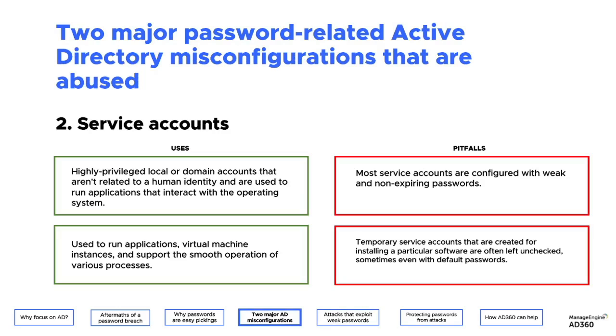They have weak passwords, they're set to never expire, and when these accounts are used to, let's say, temporarily install software, they go unchecked because there's no tracking mechanism to revoke the access. Then one application or another, a malware or another, is going to do reconnaissance, find out that there's an account with vulnerable credentials, take control of that account, and even before you know, the rest is history. So these are probably the two most common misconfigurations administrators need to steer clear of.